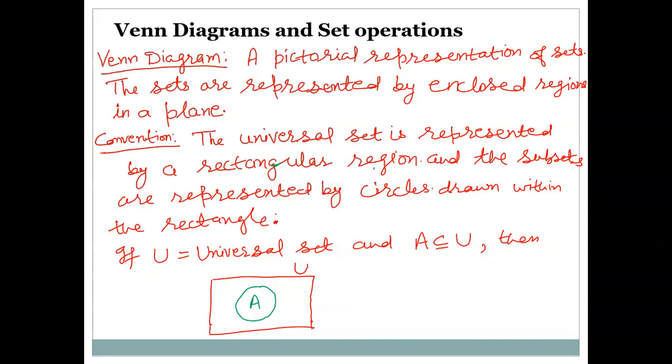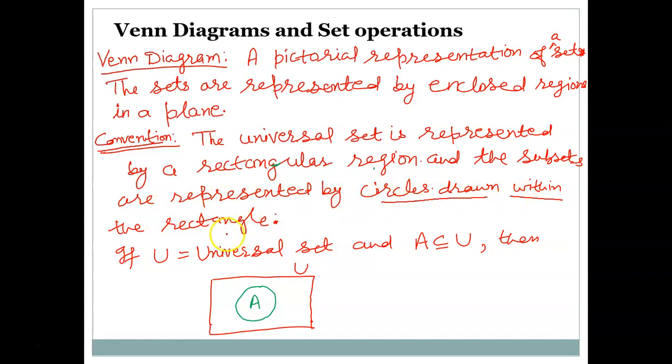Now, Venn diagram and the set operations. First of all, you should know what a Venn diagram is. A Venn diagram is nothing but the pictorial representation of a set. The sets are represented by enclosed regions in a plane, and the main convention followed is that the universal set is represented by a rectangular region, and the subsets of the universal set are represented by circles